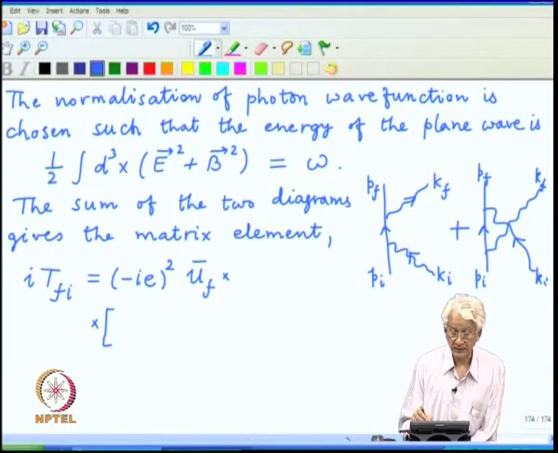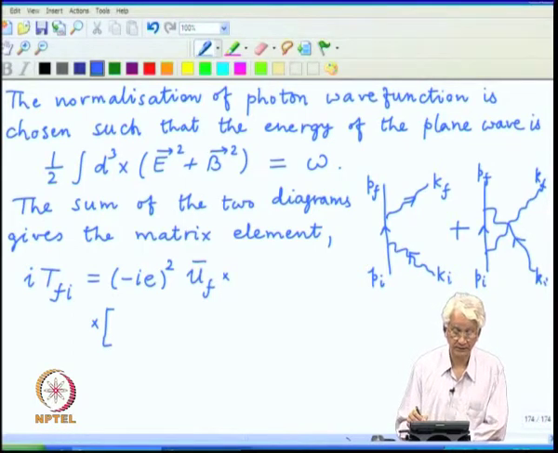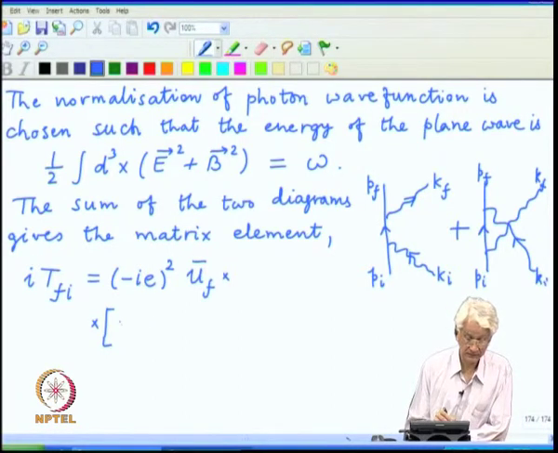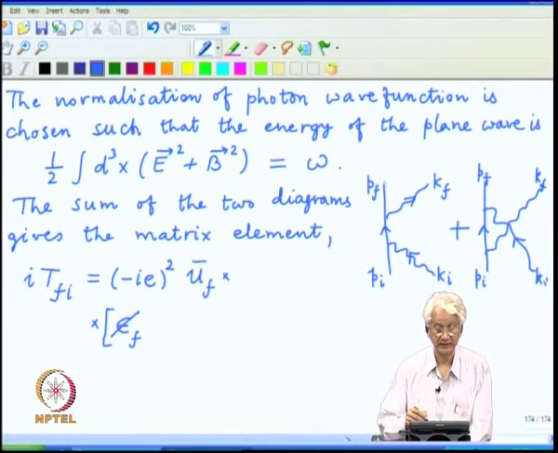So, the gamma matrices of the interaction are contracted with the corresponding photon wave function A_mu, and A_mu is simplified to this factor of epsilon_mu. So, we only have the photon part appearing as epsilon slash. So, as the rule goes, we start with the end point of the electron line, u-bar_f, and then work backwards all the way.